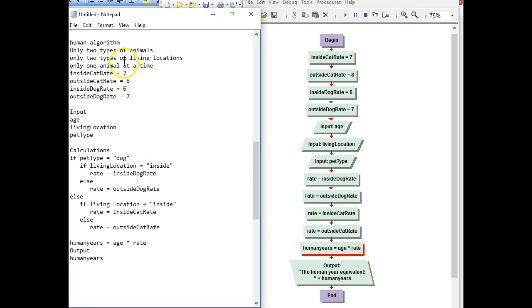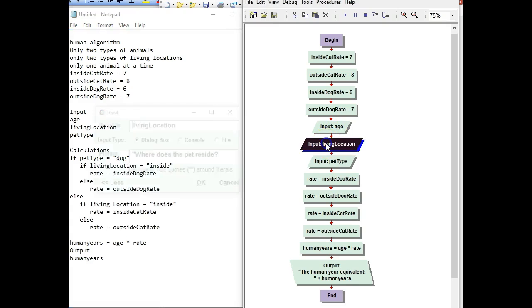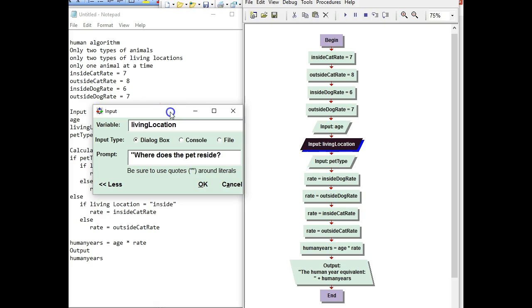Okay, we finished the human algorithm, ready to go ahead and do the flowchart. I've already pre-built a lot of the portions of the flowchart because by now you should know how to be able to copy and paste from the human algorithm into the different parts. One thing I wanted to show you is that for the living location, what you want to make sure that you do,